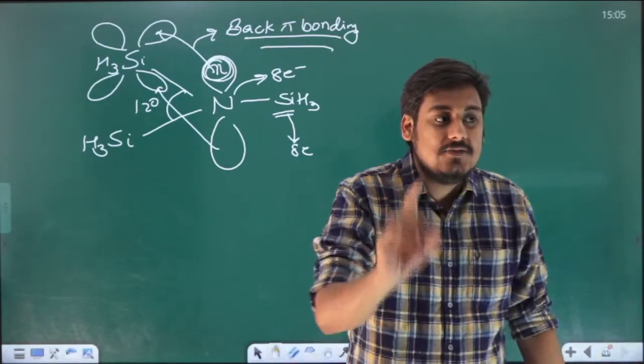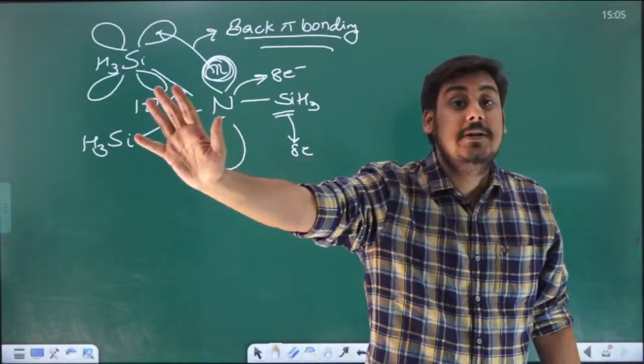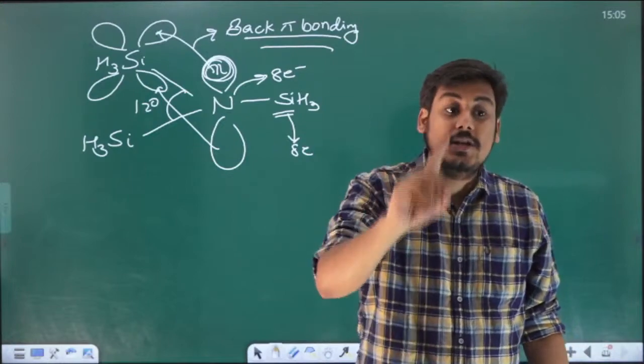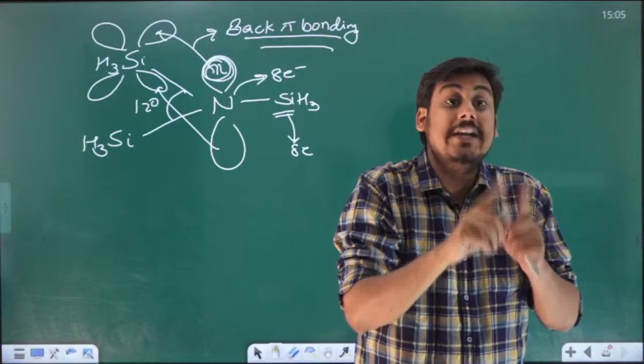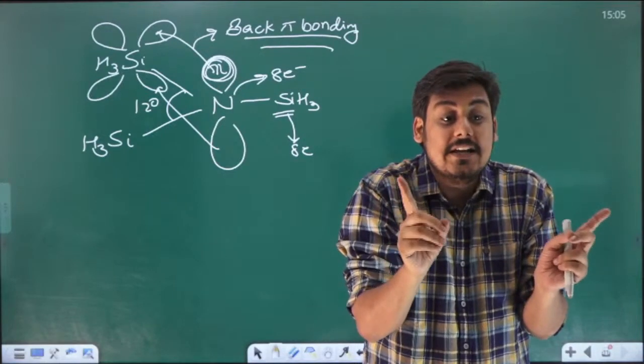If you get this phenomenon, then why is this type of bonding occurring? There is no need of octet completion, no need at all, but still this is occurring. Why is it occurring? Because this molecule has high steric repulsion in its normal bonding state, so it wants to increase the angle. And how can it increase the angle? It can only increase